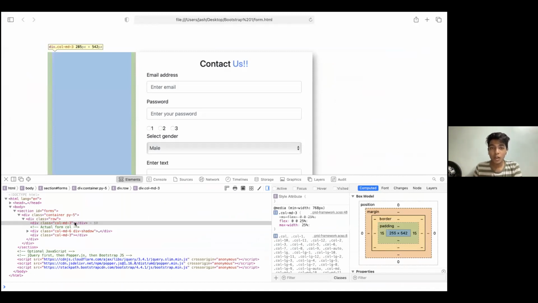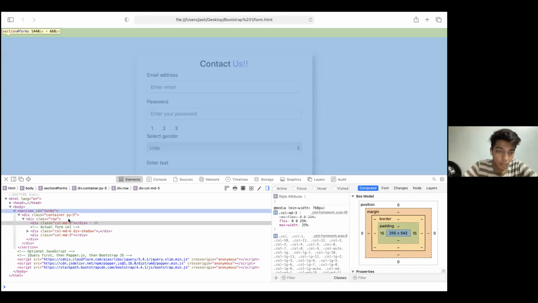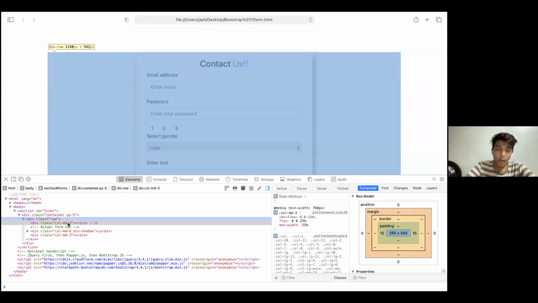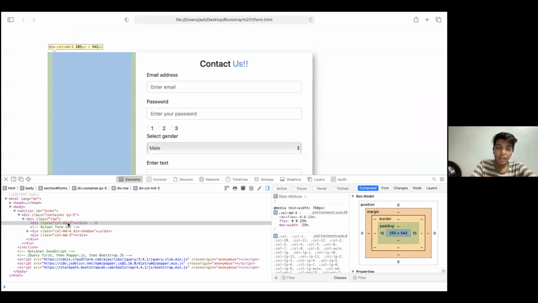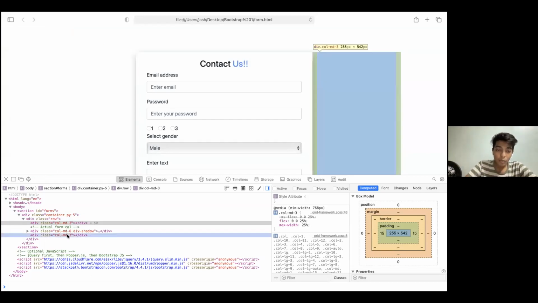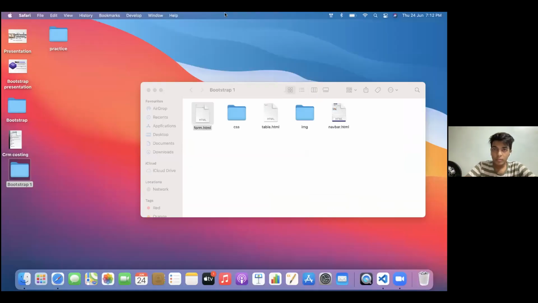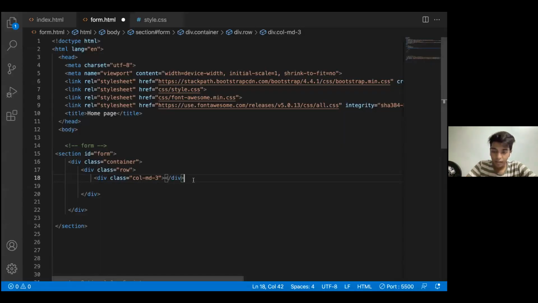Container gives me a particular part which comes in the middle, but not something very particular in the middle. The orange part is something that I get from the container. The column MD part is that spacing that I need for my contact us form, which I'm writing. I have used a column MD3 part at the right hand side as well as the left hand side, and the column MD6 part in the middle, so that I can get a clear picture. I guess everybody got that part, why we are using it, because I just need padding.